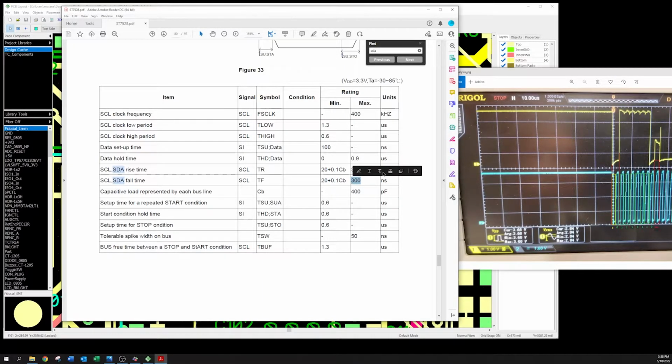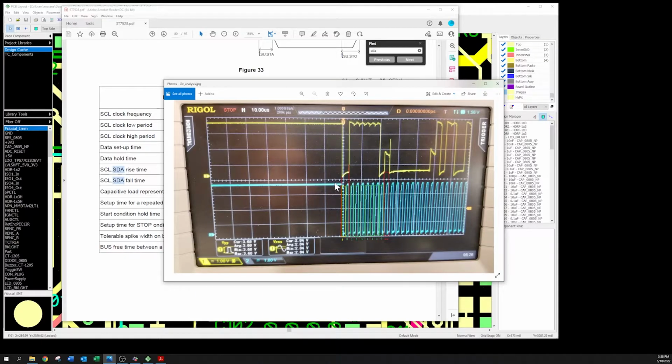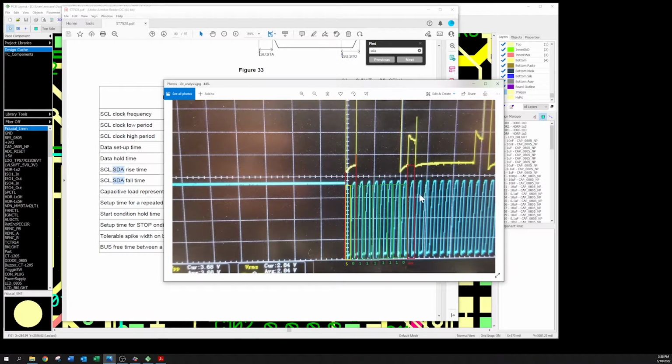Fall time's usually never a problem. It's the rise time because of the pull-up resistors, right? And you can see the curve on the SCL line right there. Let me pull up that other picture. That was a little better. Anyway, you can kind of see how it's curved and not perfectly square,